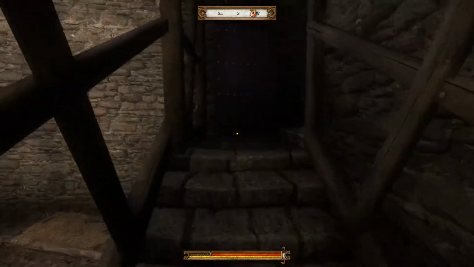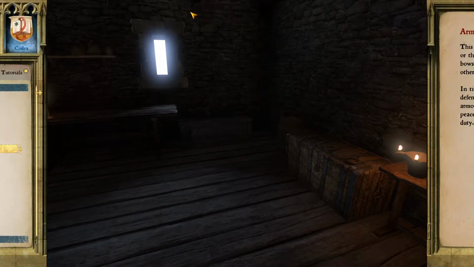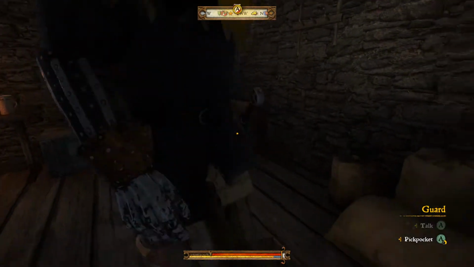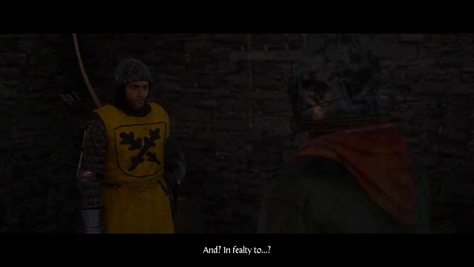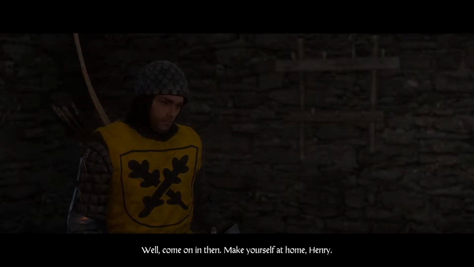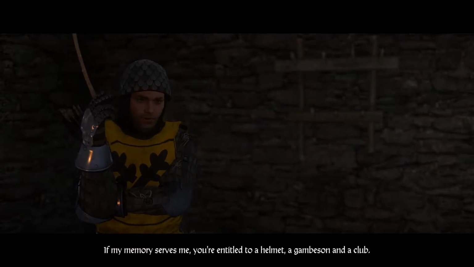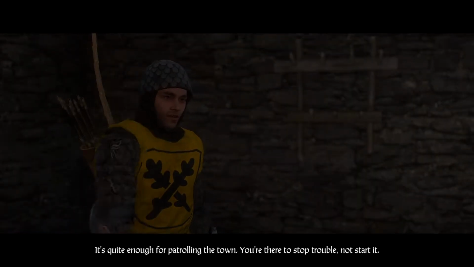So this is the armory. The Red Armory. Have you come from the bailiff? I suppose you... Guard, please let me talk to you. I was told to pick up a kit here. Name? Henry. And? In fealty to? Sir Hans Capon? Yes, I've got you. Well, come on in then. Make yourself at home. If my memory serves me, you're entitled to a helmet, a gambeson, and a club. That's all? You want a kiss and a hug? I mean equipment. It's quite enough for patrolling the town. You're there to stop trouble, not...